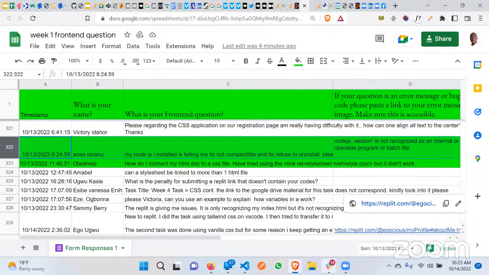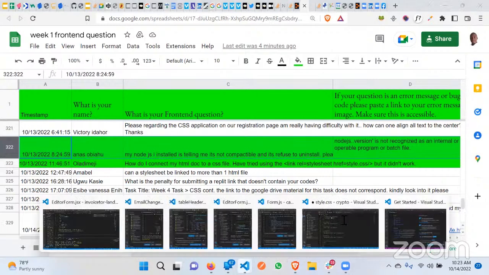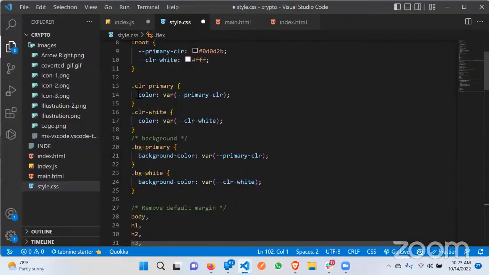For example, now I'm putting bg-primary here. What does it mean? So now in my CSS, when I put a class of bg-primary, I set it to be the background color, which I've used a variable for. There's a topic, there's a class on variable. Now, once I put bg-primary anywhere,